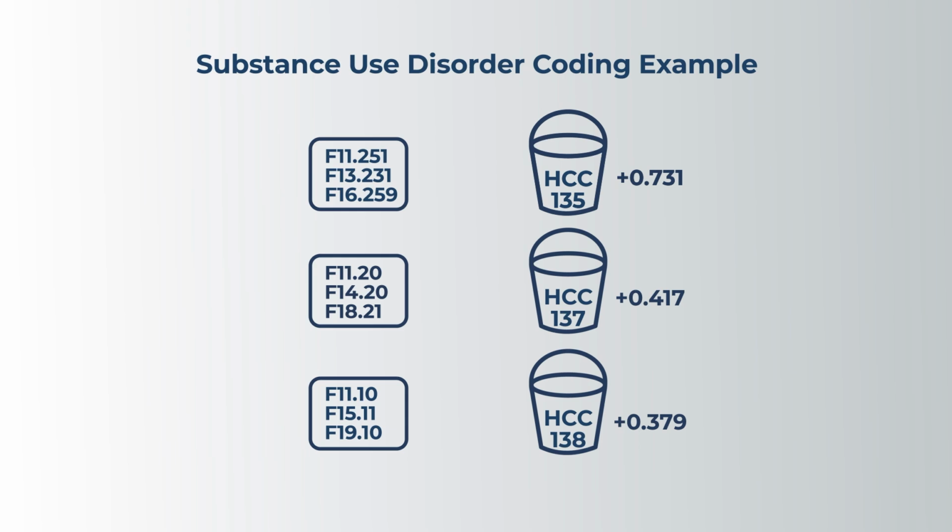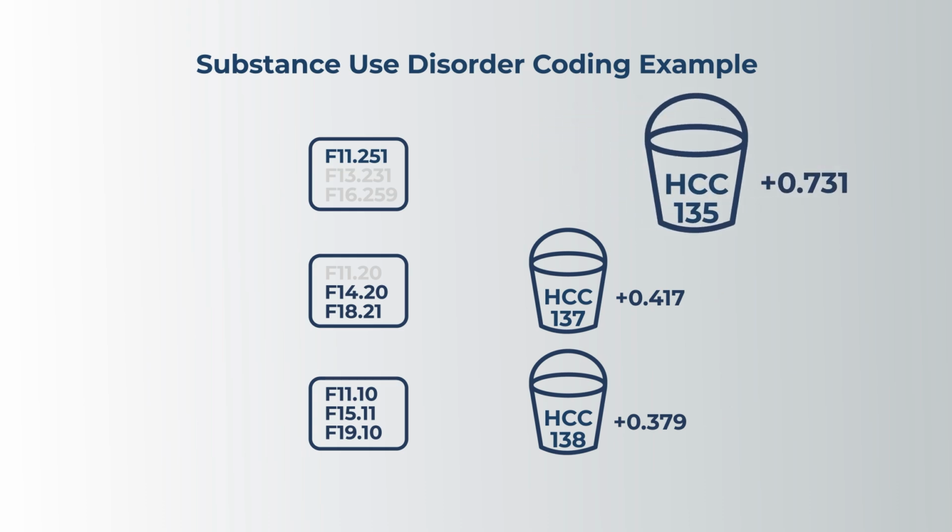It doesn't matter how many diagnoses in one bucket are coded each year, Medicare just looks to see if each bucket has any diagnoses coded in it at all. The last step in figuring out the final risk score is where the hierarchy comes in. Medicare has determined that if a patient's conditions fall into a hierarchy, then only the most severe HCC will contribute to the risk score. If your patient is documented as having an opioid-induced psychotic disorder, they are at a much